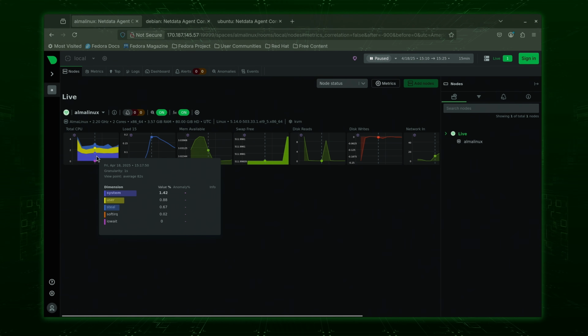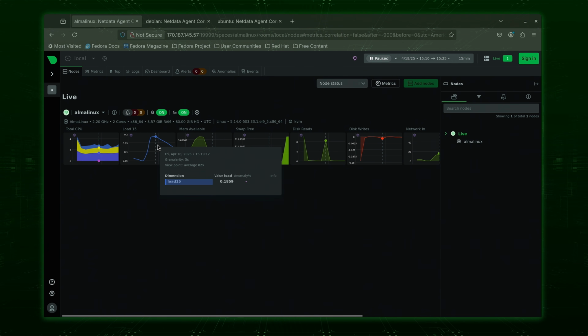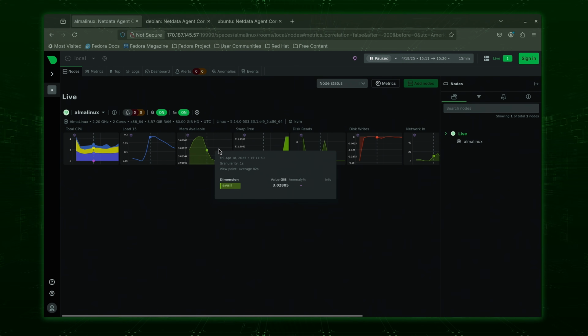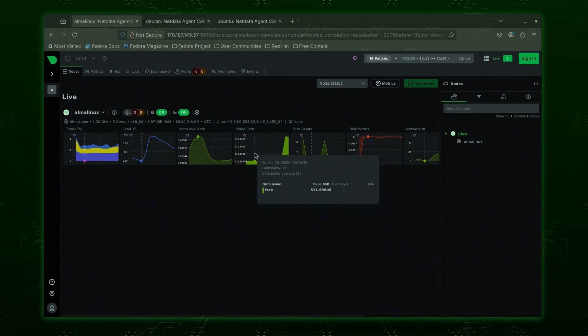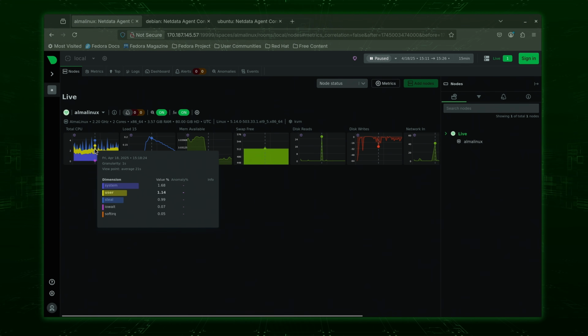We have CPU, we have swap, disk reads, writes, top 15 processes, quite a bit of information that you'll find useful. And basically the way this works is if you're having any kind of problem with your server or you're just curious how it's running, you'll consult these graphs right here and see if any of them are going out of control. For example, if my CPU is spiking, I could click on that right here, and I get even